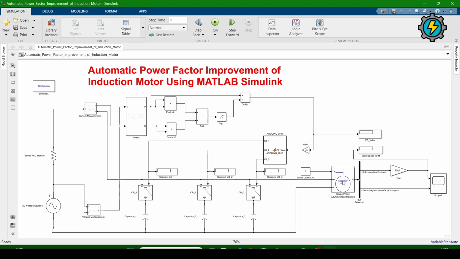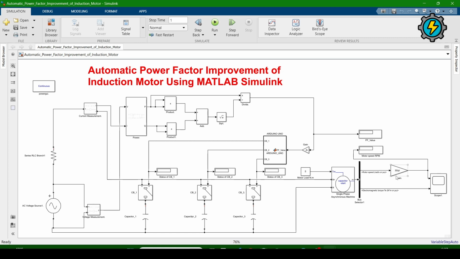And now this is the induction motor. In the MATLAB simulation, the induction motor gives us speed in radian per second. Radian per second is the unit of angular speed. So for that we have to understand speed in RPM, revolutions per minute. For that we have to convert radian per second into